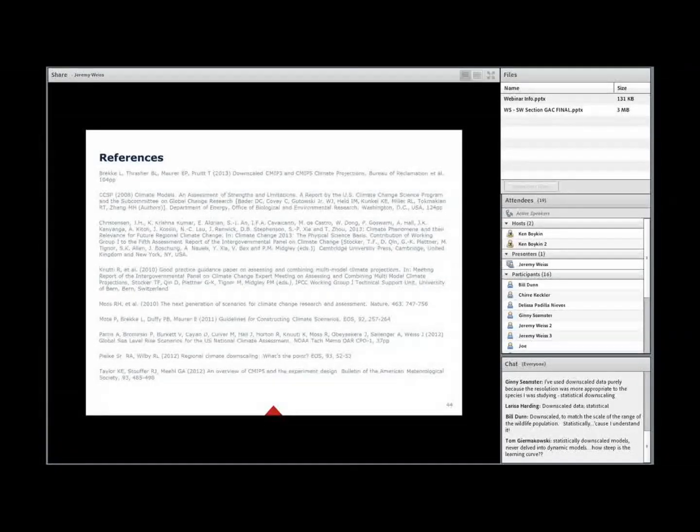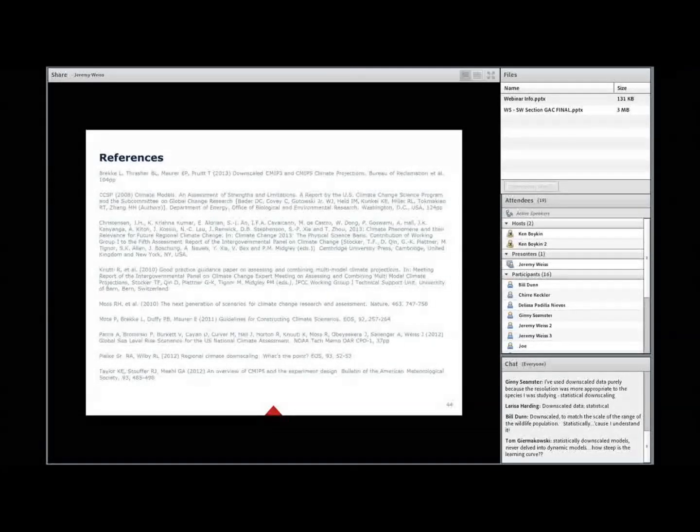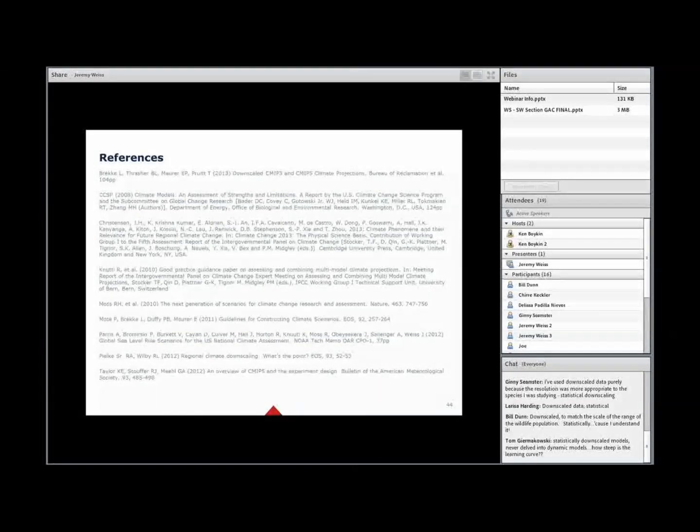Okay, so again, going back to this high-level workflow and what I find helpful in working with climate projection data, there's one more step there that I have with data visualization. I'm not going to go over that today.